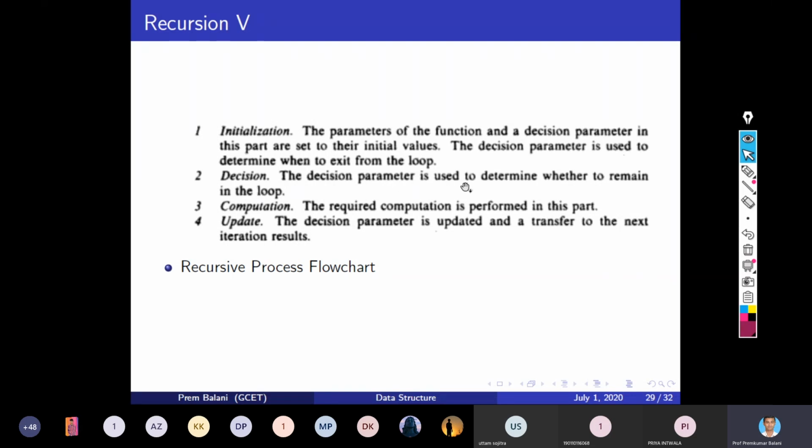The decision parameter is used to determine whether to remain in the loop or not, right? And computation. The required computation is performed in this part. And lastly, we update. The decision parameter is updated and transferred to the next iteration results. So these are the descriptive steps of the iterative process. Any question in this?